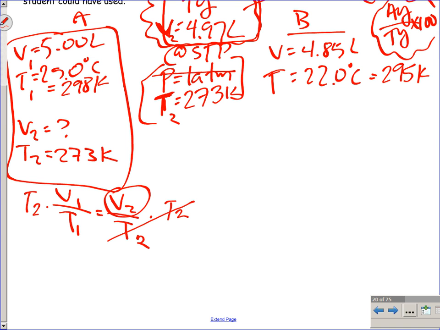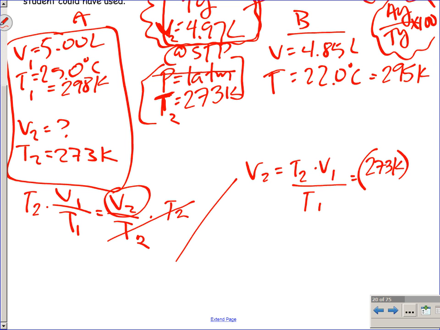V2 has been isolated. Okay, so V2 is equal to what combination of variables? T2 times V1 over T1. This is your algebra, right? So now I'm going to plug everything in. I like to rewrite it because sometimes you might mistake what's on the numerator and what's on the denominator. So what's our T2? 273 Kelvin. Okay. What's my V1? This is student A's original actual yield, but now we're just appropriating it to standard temperature conditions, over